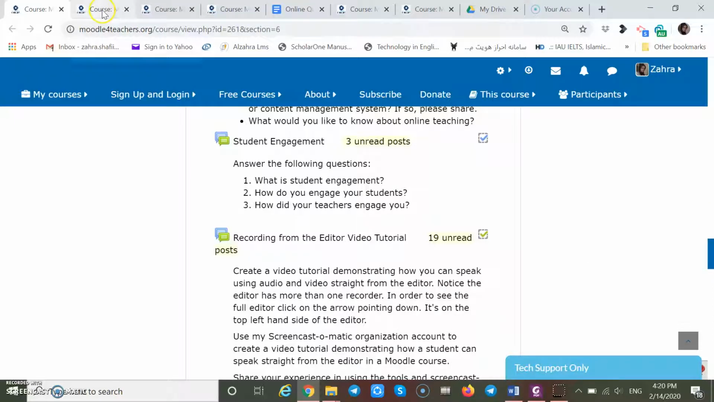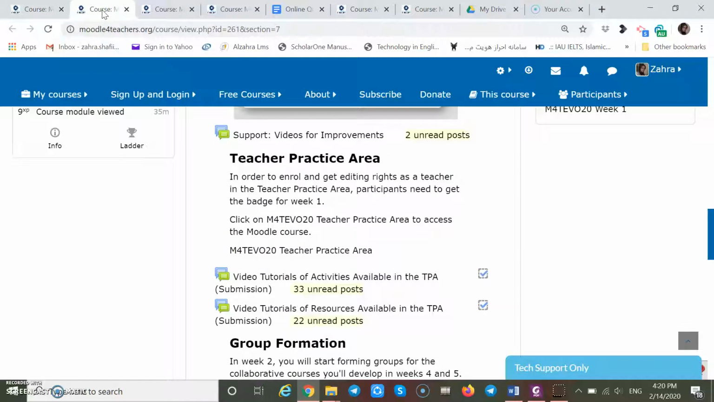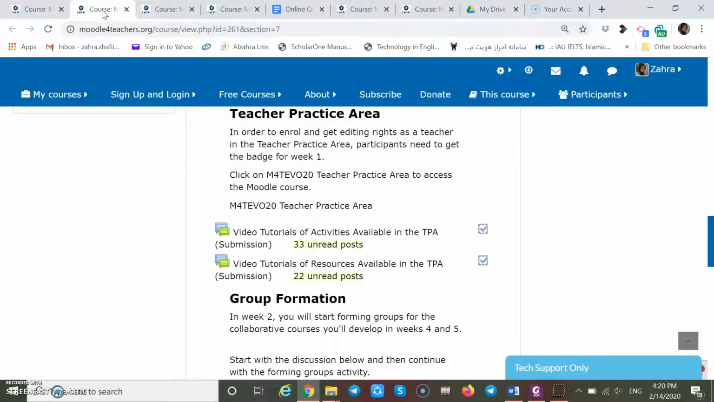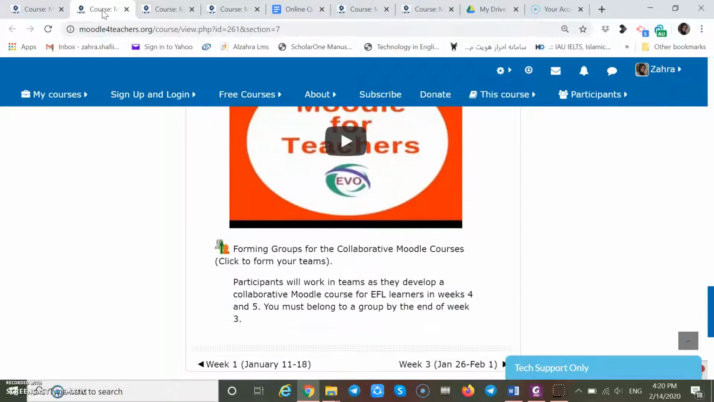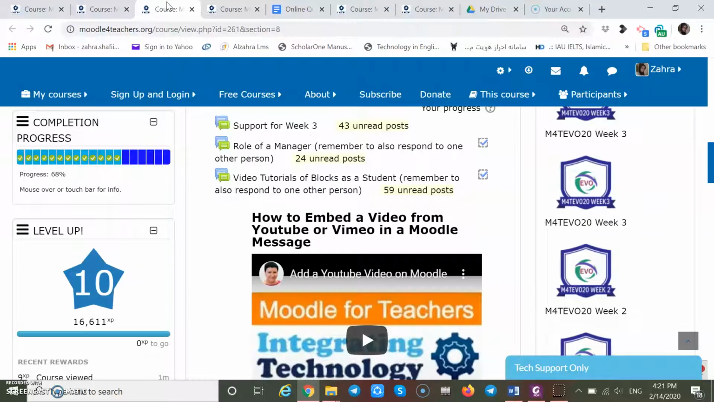And then it was in week 2 that we received right and access to teacher practice area in order to see how to work with some levels of access with regard to the functions of Moodle, and we started discussing team formation. This team formation discussion and decisions continued up to week 4, but let's see what we did in week 3. In week 3, we again continued the discussion on